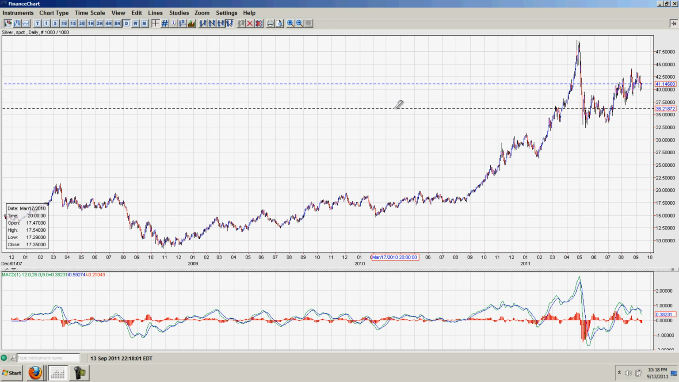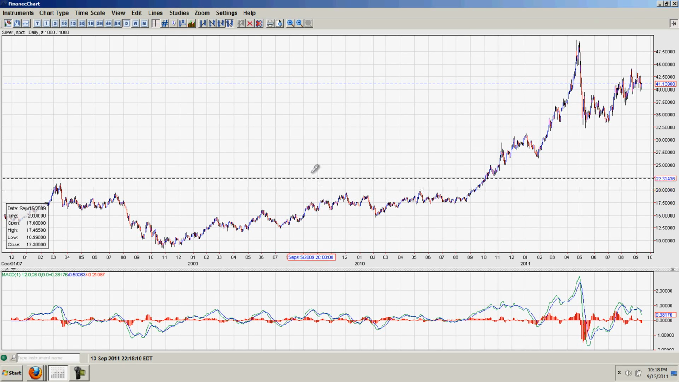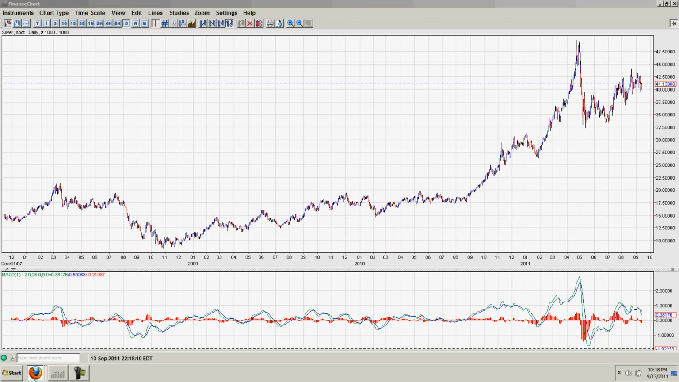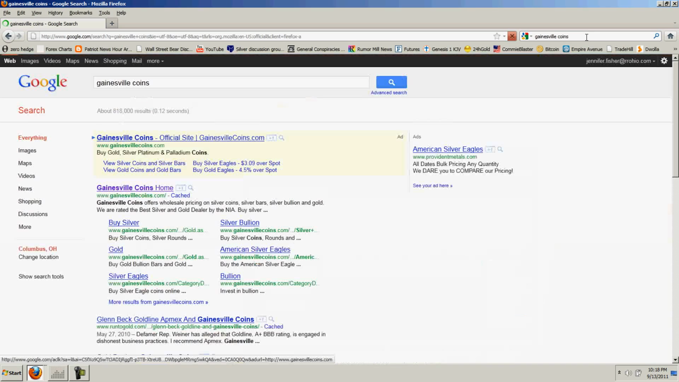And so I wanted to look and find if there were any deals out there to recommend to people, because I frequently do that. I pick out some of the bullion coins or coins that I think are good deals that people should buy. So as I was doing that, I jumped over to Gainesville to start with, and when I go to Gainesville, let me just go back and start fresh so you can see what I do. I just go to Gainesville,